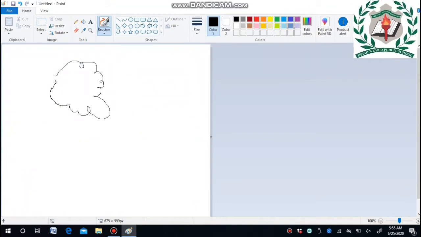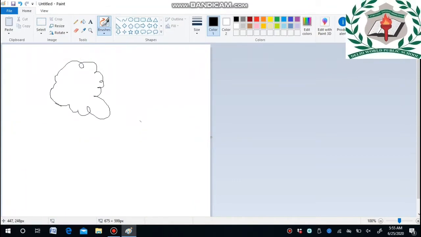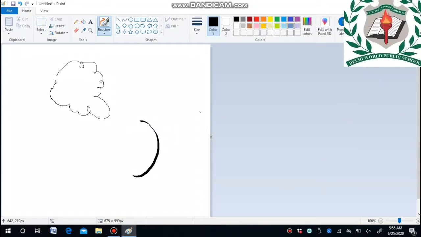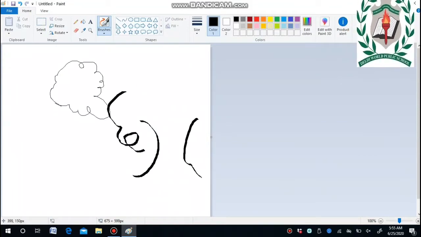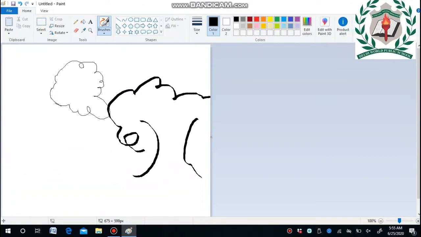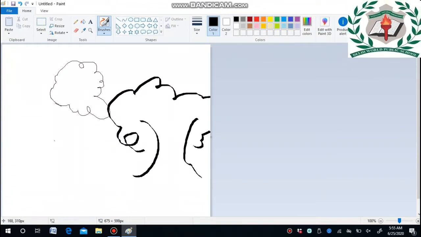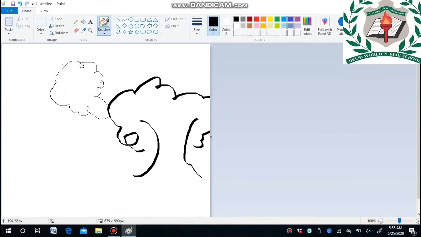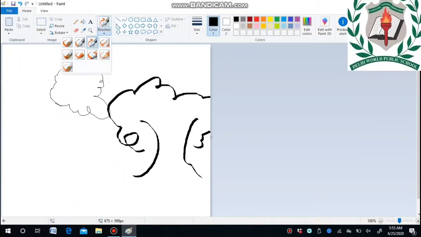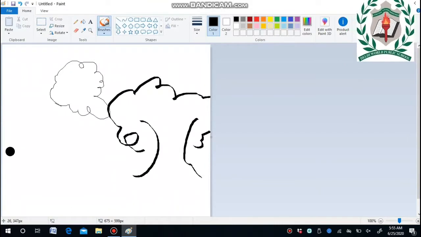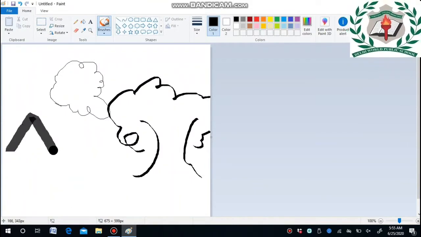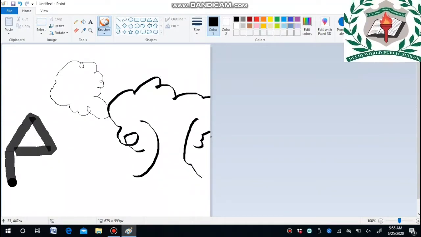I am trying to draw a tree. And next I am selecting another. I just want to draw a house.